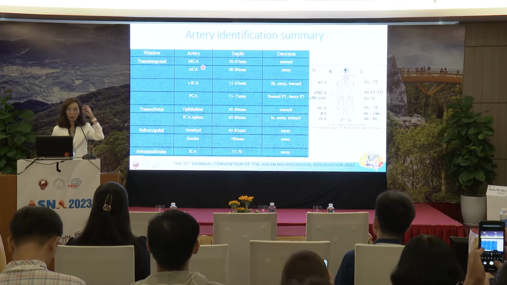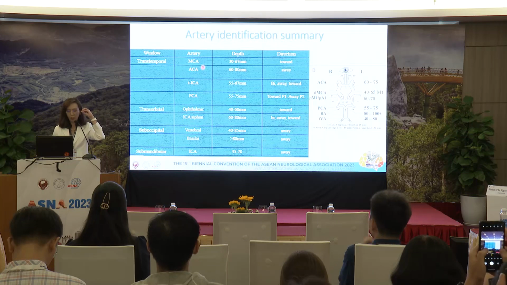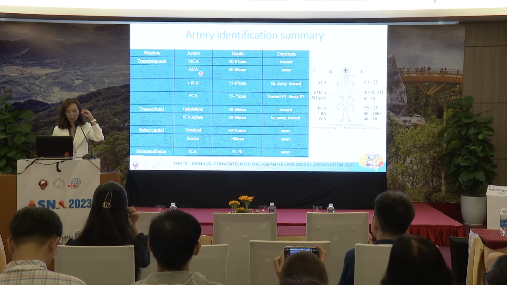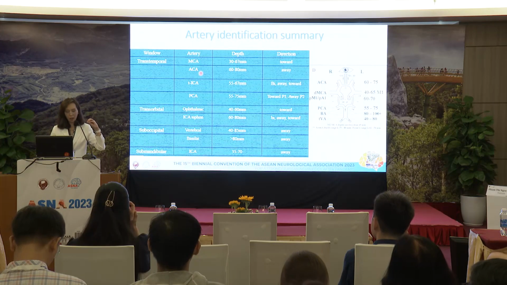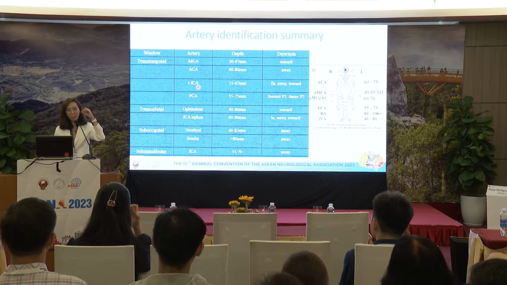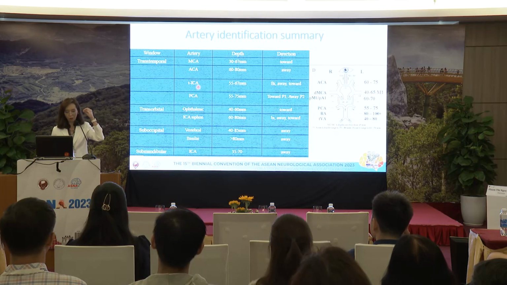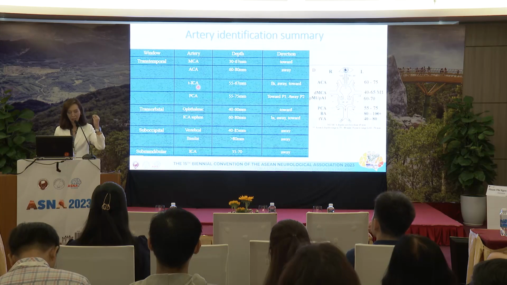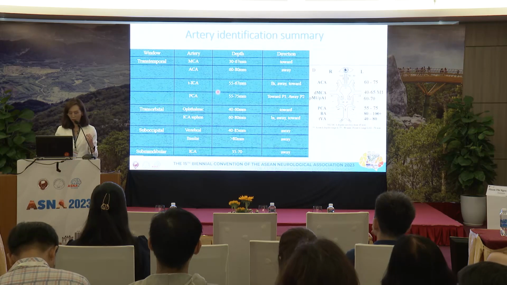And then we move the probe to the anterior part a little bit to find the ACA. But the anterior cerebral artery is going away from the probe. And then we move the probe a little bit downward to find the ICA, and then a little bit backward. This is just minor movement of the probe. We'll try it in the hands-on session to the back, and we'll find the PCA. So that's for the transtemporal.